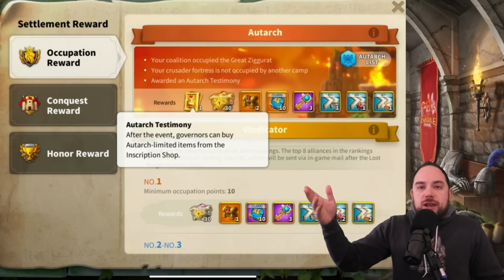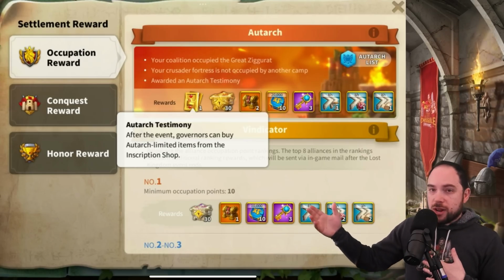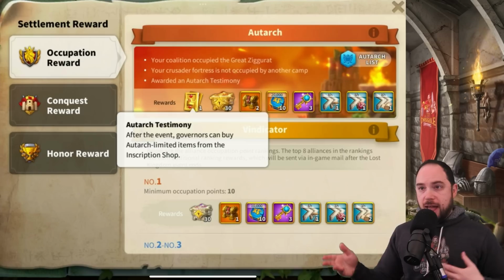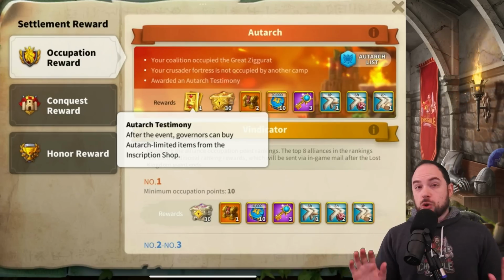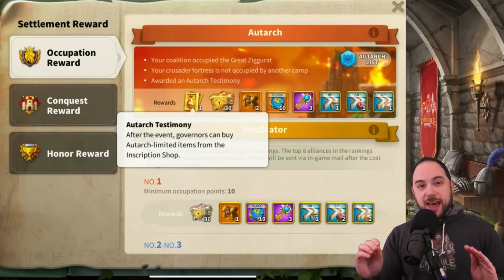The Autarch testimony is basically like a passport to a level of rewards. If you have the testimony, then you can gain access to certain types of rewards in KvK. If you don't have a testimony, then you only can get the rewards that do not require you to have a testimony. So because I know that's a little bit confusing, I'll say it one more time, which is that